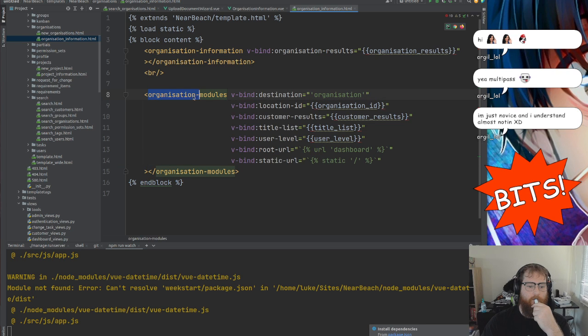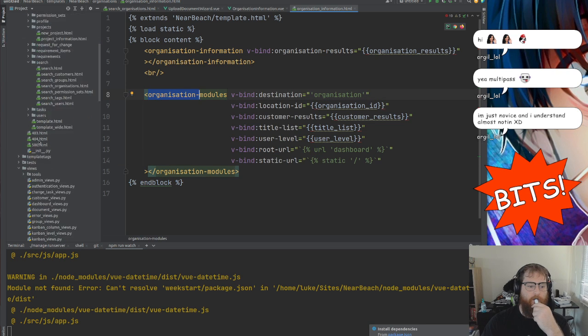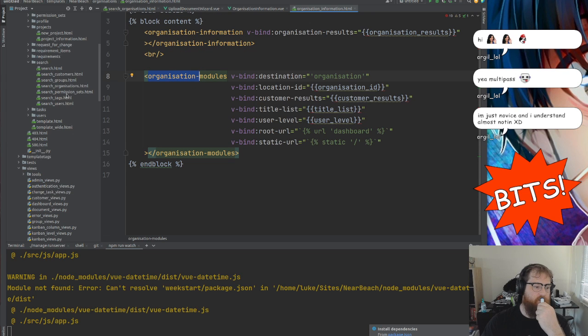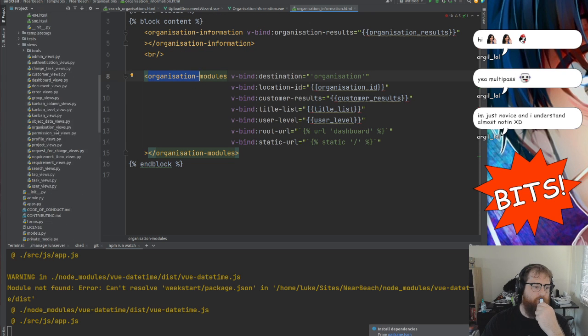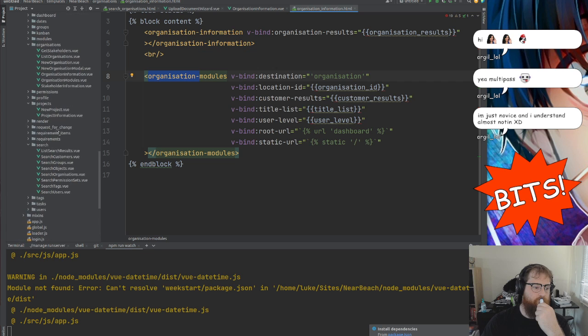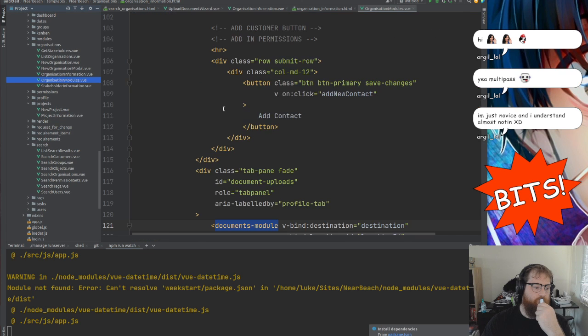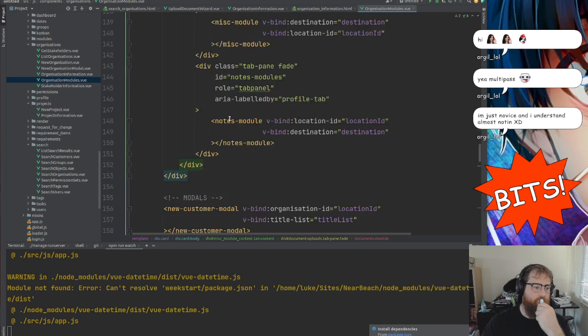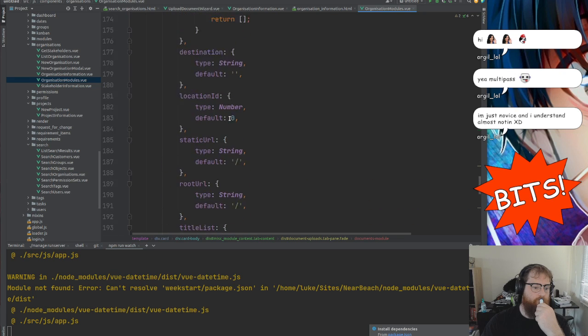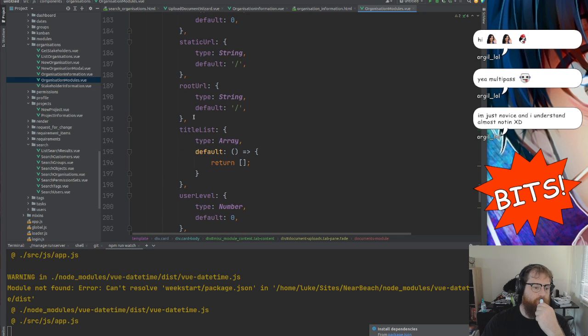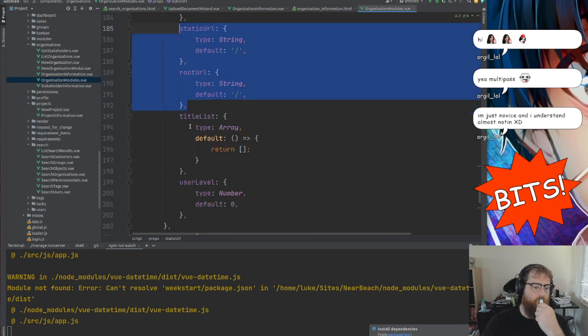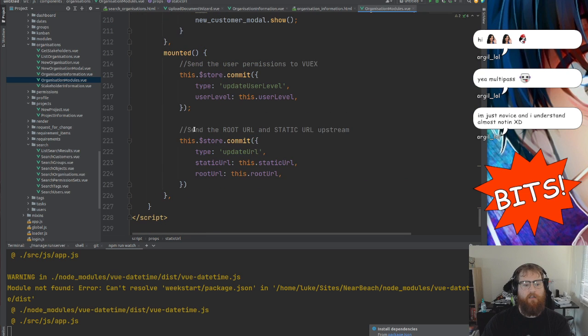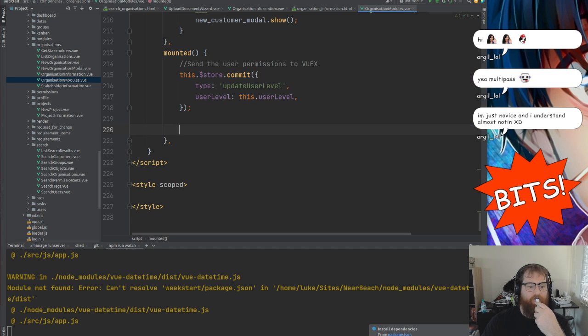So organization modules sends the data upstream. So we have the data here, the root URL and the static URL. User level gets sent up first, and then this. So what I'm actually going to do